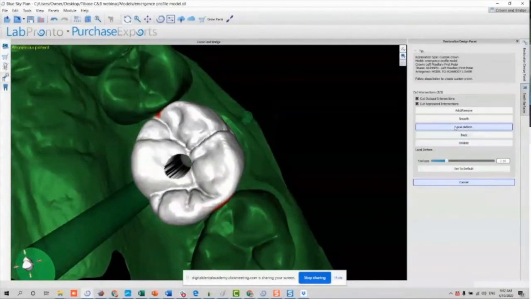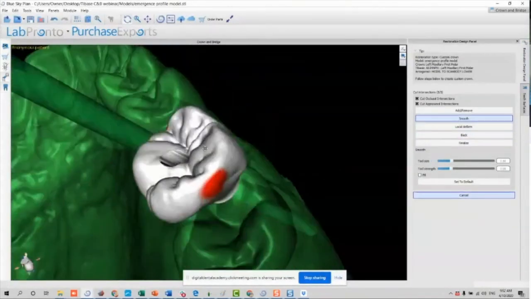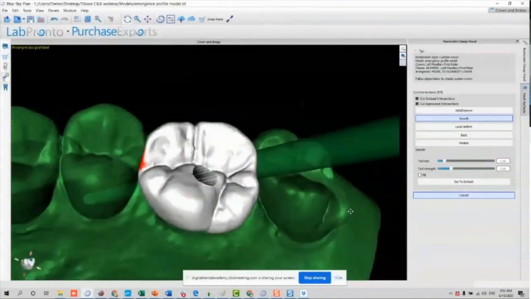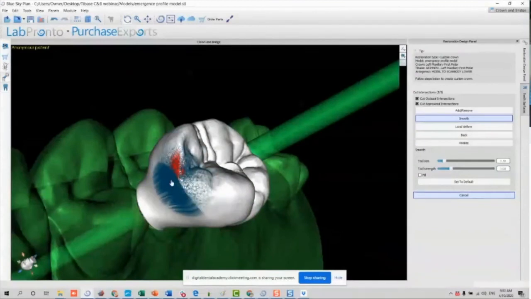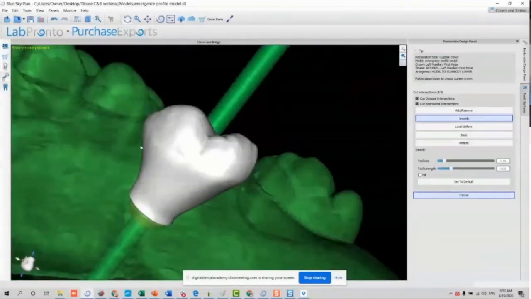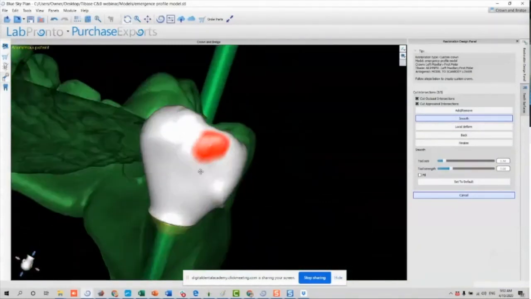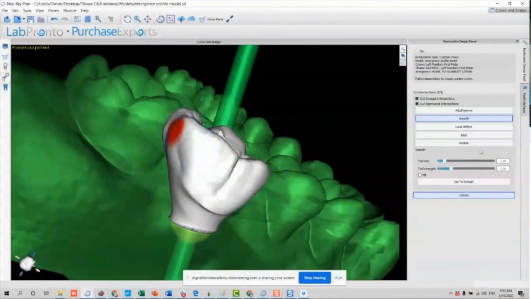Here in the restoration design, I can just smooth. I suggest you smooth all the interproximal surfaces, as well as all the parts that we modified anywhere, and that's it. We'll just click here to finalize,